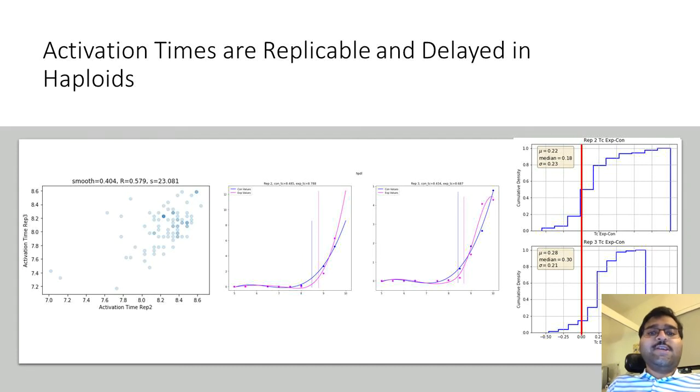And so as you can see in this example curve in the middle, the pink curve corresponding to the experimental condition has a later activation time as designated by the pink vertical line than the control condition as designated by the blue vertical line. And indeed, this extends when we consider all 500 genes, as we can see in the cumulative density plot on the right. More than 80% of the experimental minus control activation times are positive, meaning that for most of the genes, the experimental condition is activating after the control condition.